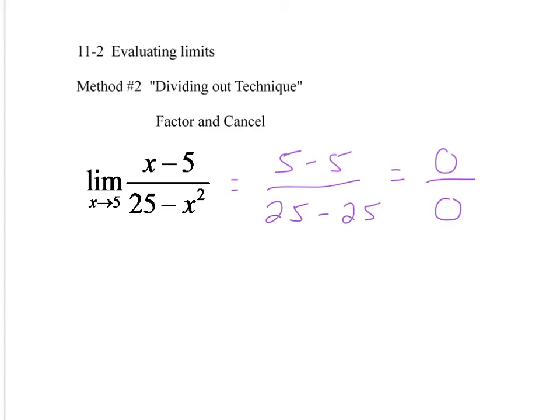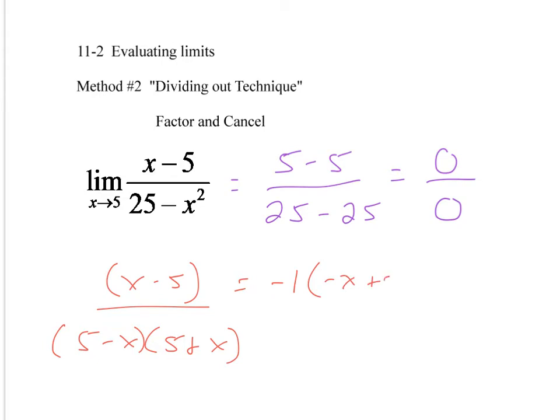What we're going to do is factor both top and bottom. So I'm going to factor the top, which is done. It's x minus 5. I'm going to factor the bottom. I get 5 minus x times 5 plus x. That is a difference of squares. I'm actually now going to divide a negative 1 out of the top. So I have negative 1 times negative x plus 5, which of course is 5 minus x. So I can cancel the 5 minus x with the 5 minus x, and I'm now left with negative 1